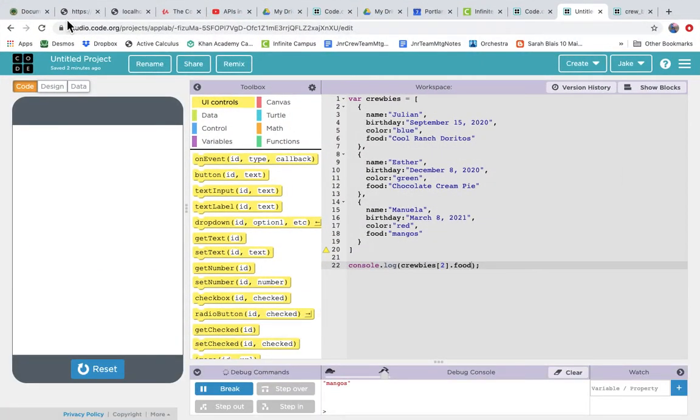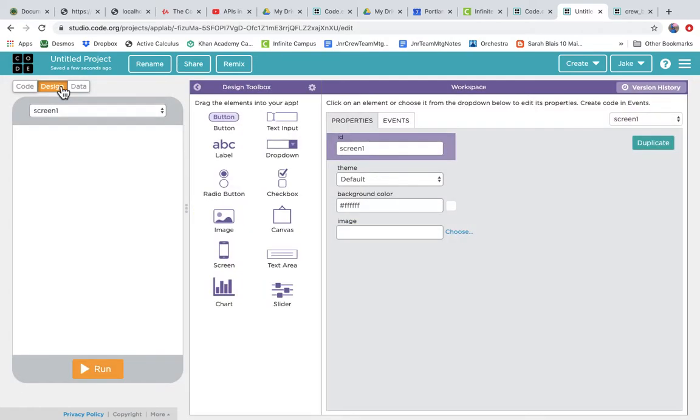We have created a Krubys array to model our crew, and we have 3 Krubys in our Krubys array, and each is modeled by an object. We'll clean up a little bit. Let's get rid of this console.log, and this time we will show you how to display from this array of objects onto the screen. So let's go to the Design tab and let's build a little bit of our screen,